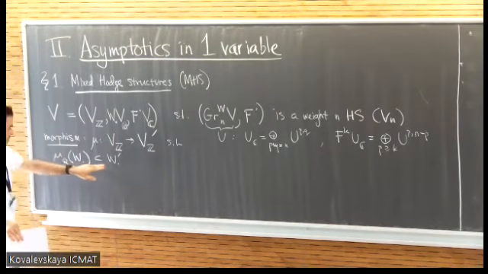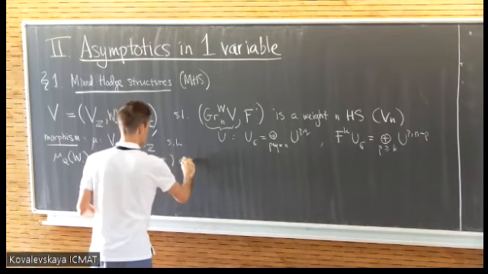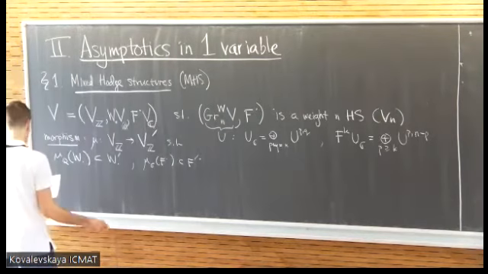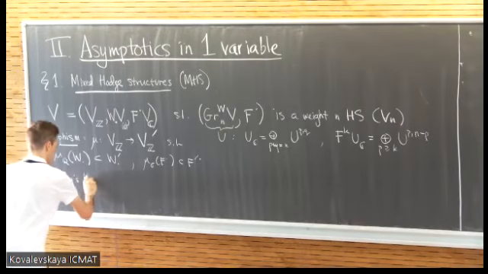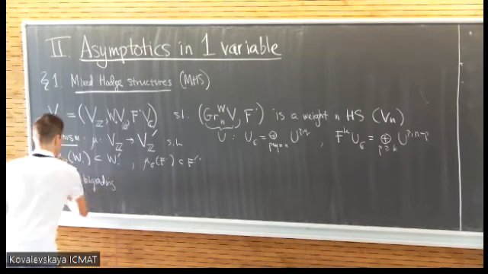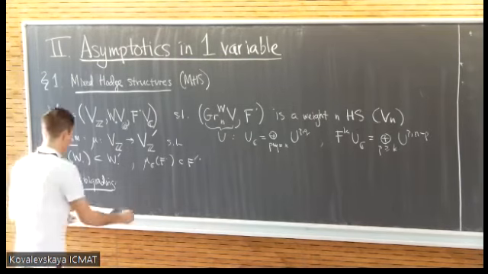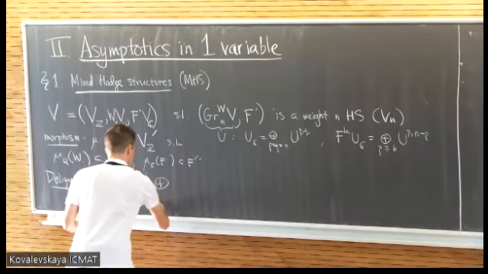Okay, UQ of W is contained in W prime, and UC of F is contained in F prime. So it respects the two gradings, and then there's an important bigrading that comes out of this, which, if you're new to mixed Hodge structures, is extremely helpful because it allows you to see mixed Hodge structures as a decomposition into PQ pieces, which without this you don't get. Okay, so this says that VC has a unique decomposition into a direct sum